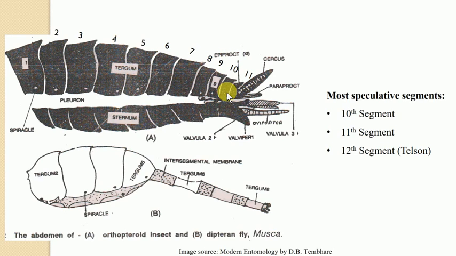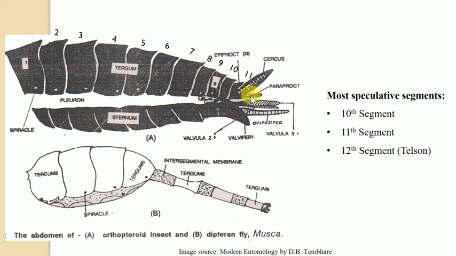Now according to Matsuda in 1976, the 11th segment is generally reduced in the majority of insects, due to which the 12th segment often lies immediately behind the 10th or even, in some insects, behind the 9th segment, where the 10th and 11th segments are absent or completely or greatly reduced, and hence the 9th segment is continued directly by the 12th segment. So that can be demonstrated by Matsuda.